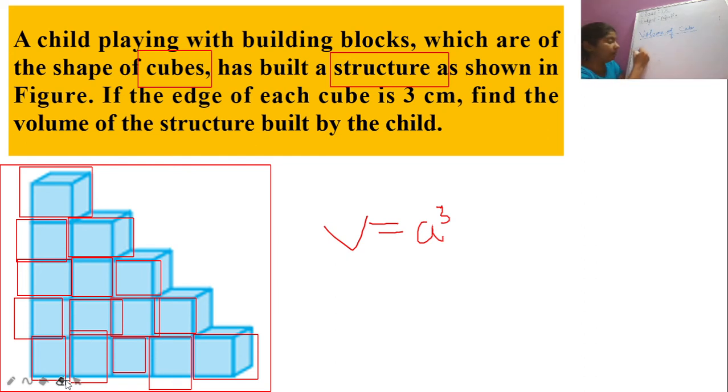So we have the volume of the structure. We know how many cubes are there in this structure, that is 15. And what is the volume of one cube that we got? Is it 27? So multiply it and tell me what is the answer in centimeter cube for this structure. So the volume,